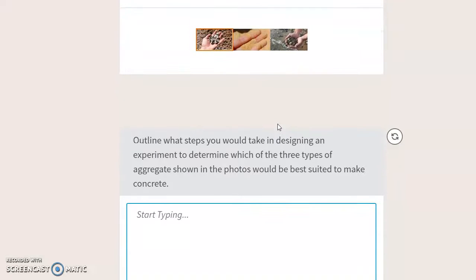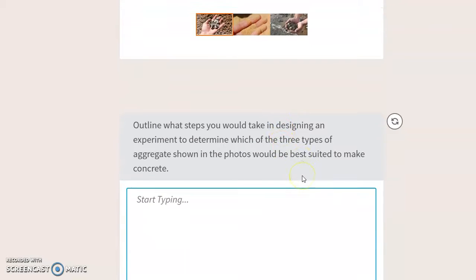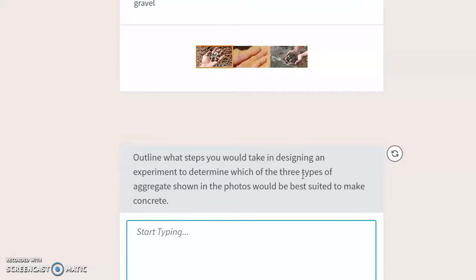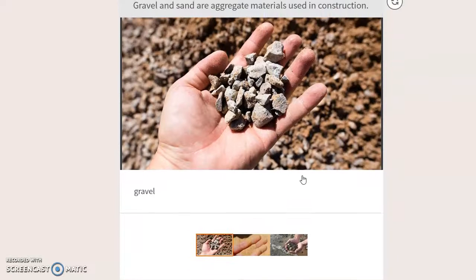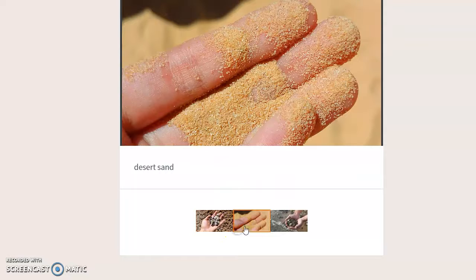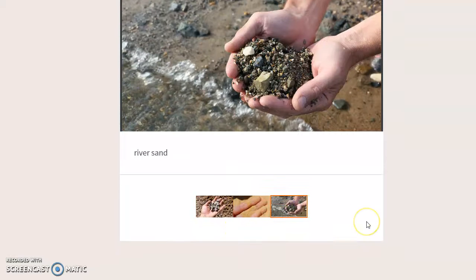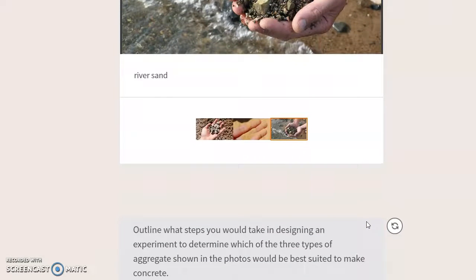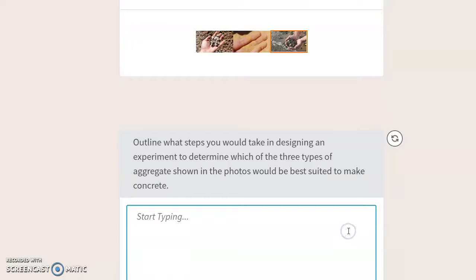So this is talking about designing an experiment where there's 3 types of aggregate. Like, which one do you think you should use for concrete? Should you use gravel? Should you use sand? Or should you use river sand? So what experiment would you do to see which one's the best, right? Concrete is used for bridges and buildings. That means it has to hold a lot of